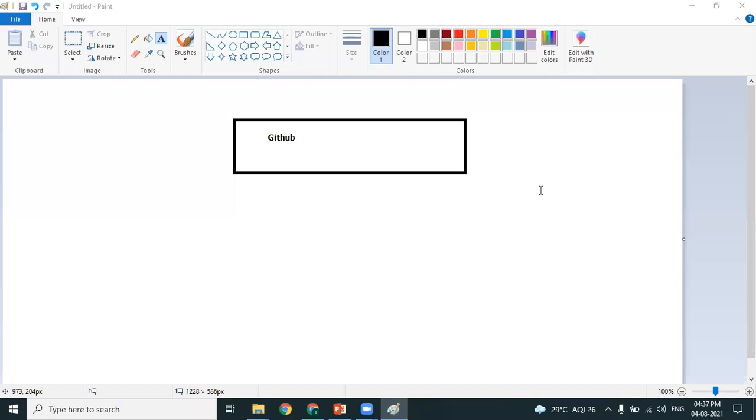What command are we using, Gayatri? Yesterday, I hope you have seen, we used the push command to upload the code from the local repository to the remote repository. The same way, we have a pull command. By using the git pull command, we can download the code from the remote repository to the local repository. That's not a problem.